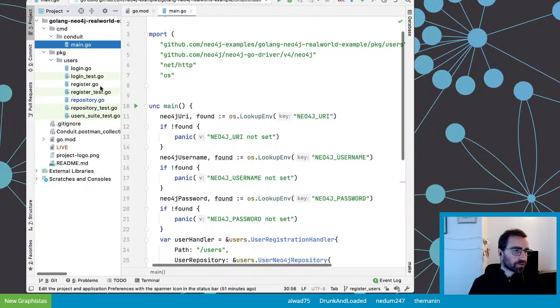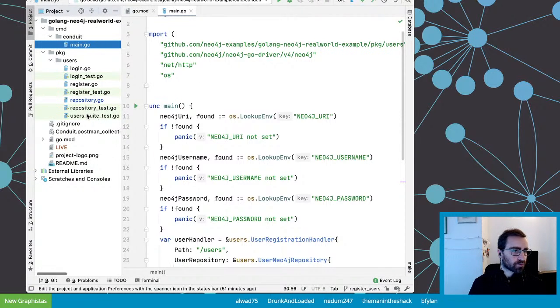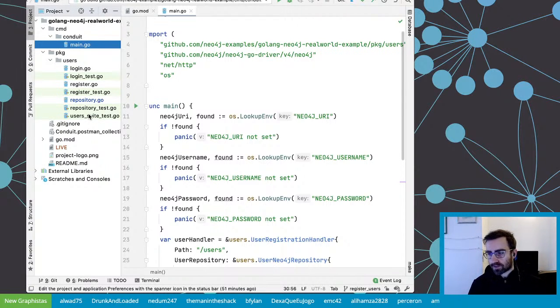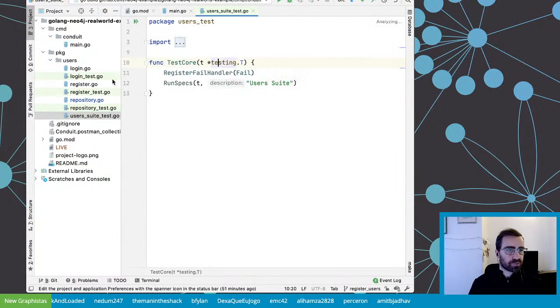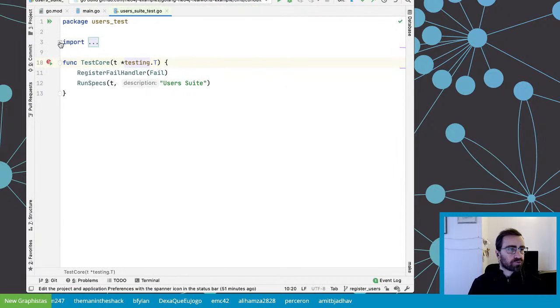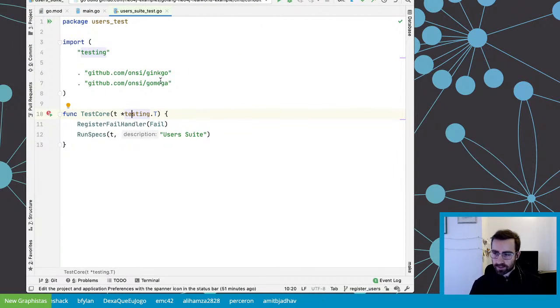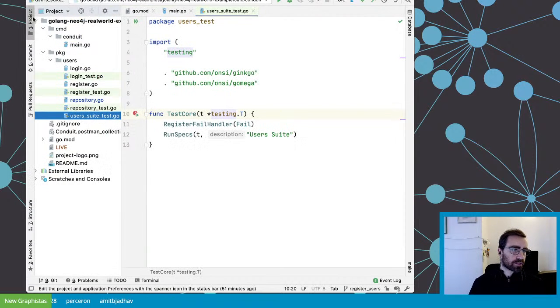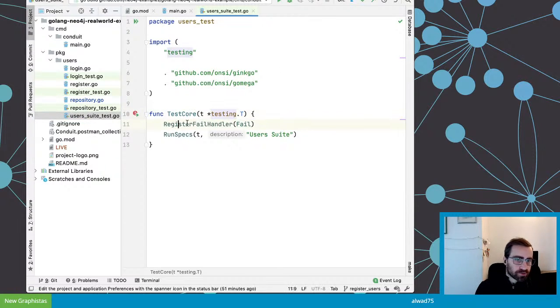Let's look at the test then. I'm using, as I told you, Ginkgo. Ginkgo is not a standard test tool, so there needs to be some plumbing to translate the Ginkgo test structure so that the standard test runner understands it. You have to do this once per package, and there is a Ginkgo CLI to help you generate this extra code.